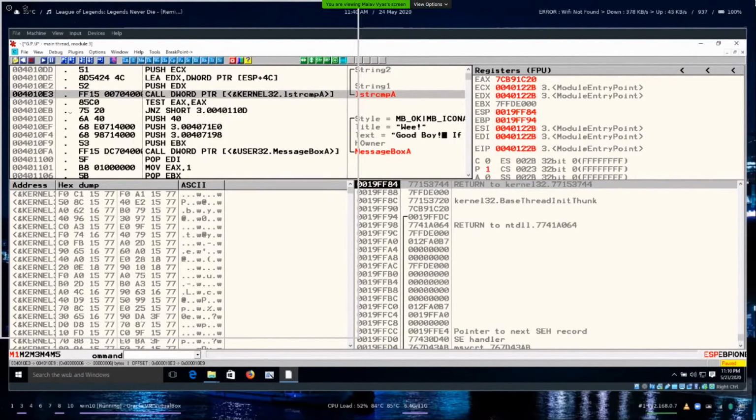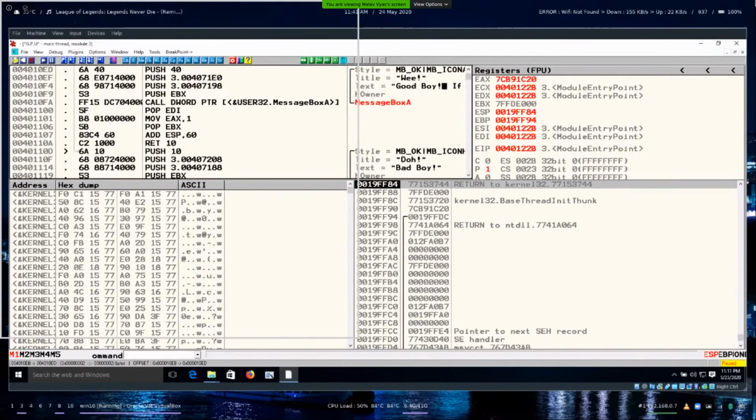There is a call to strcmp and there is a test for EAX. Test is a simple AND operation. Consider EAX AND EAX. If that is 0, which means the output of this is 0, then EAX is empty, and it will jump to this.